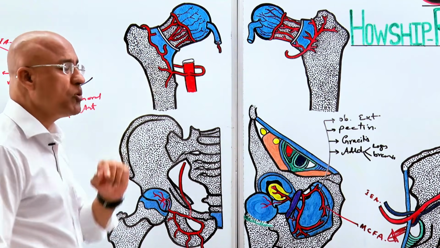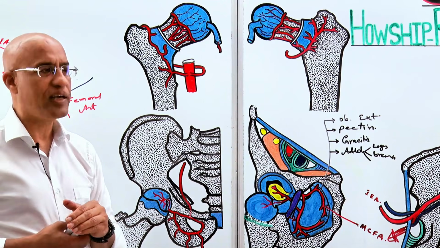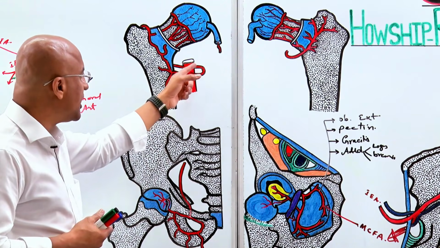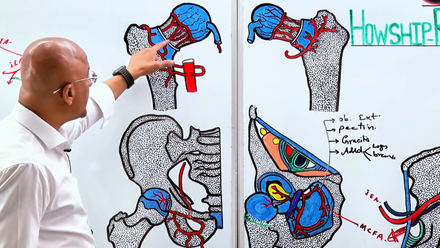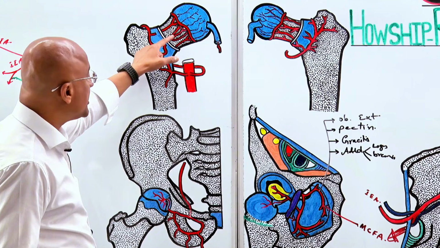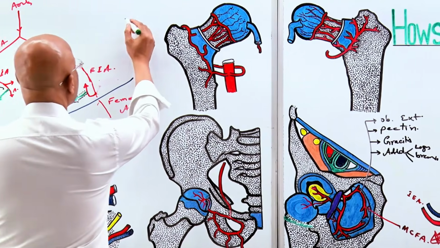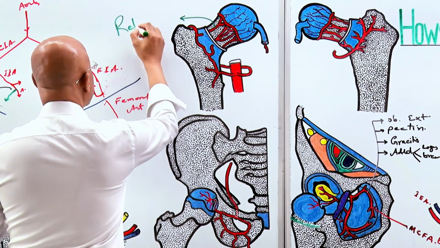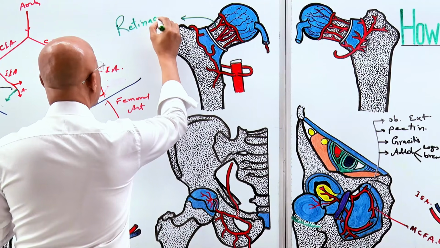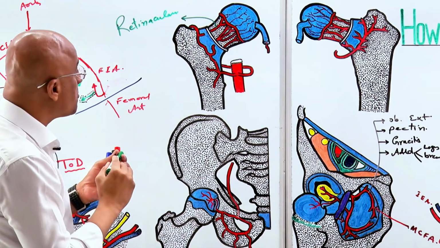These retinacular branches are most abundantly given by the medial circumflex artery, right? These retinacular branches, I should write it here. Retinacular branches. These are extremely important